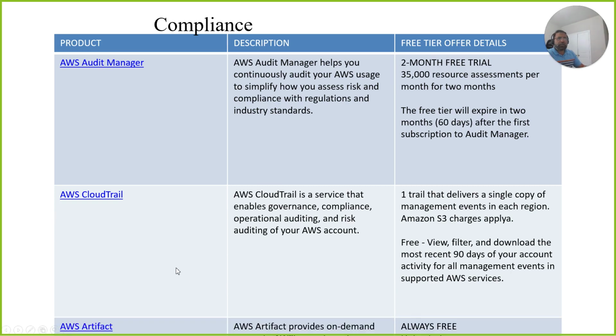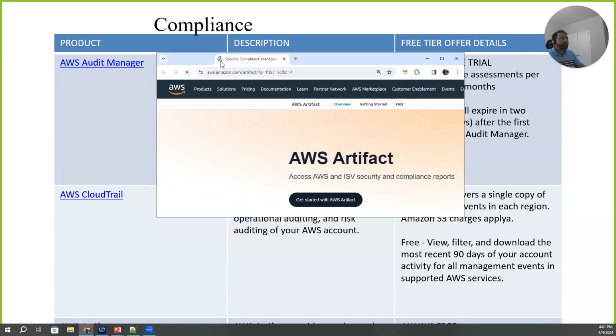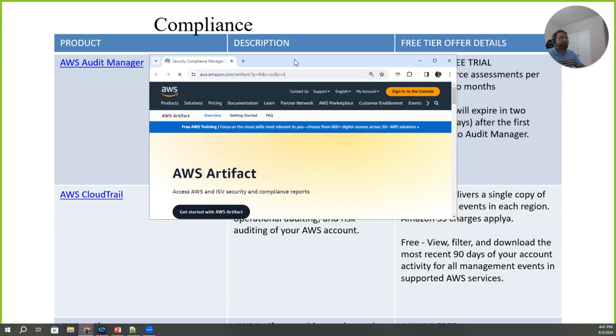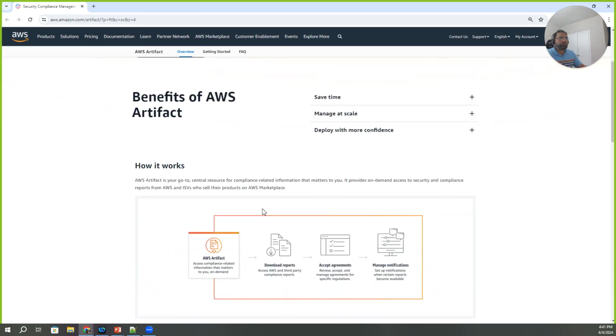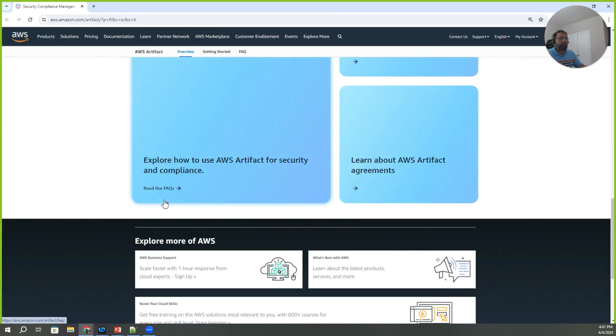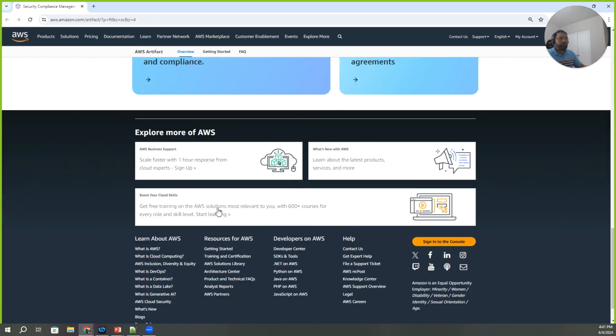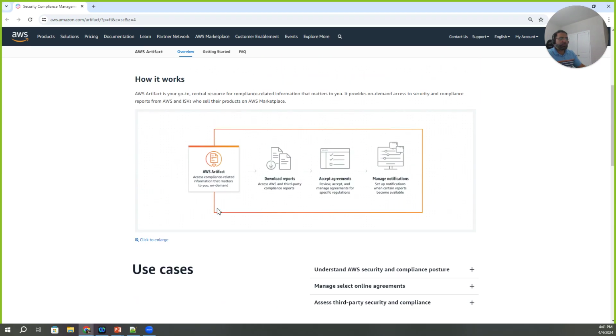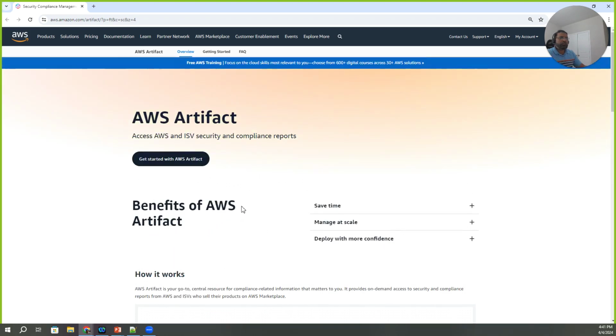Amazon Artifact is an on-demand service. It will tell you which services are compliant or not. So if I click on Amazon Artifact, basically this is not a service, I would say, but in the form of a service it plays that role,